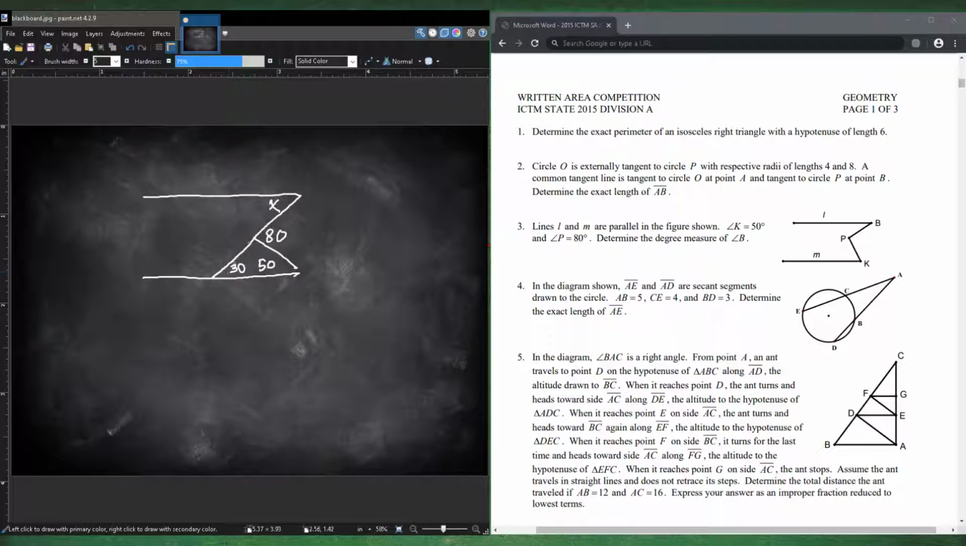So if this angle is 30, since these two are alternate interiors, that means x is also 30. So that is your answer for number 3. It's basically just that simple. Okay,